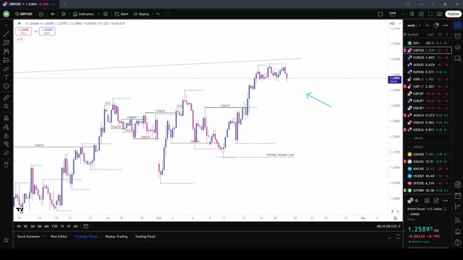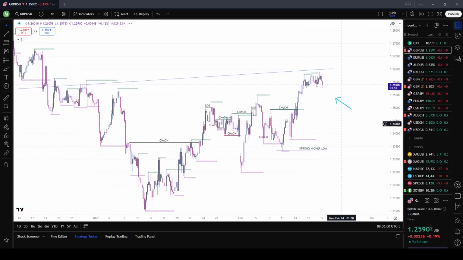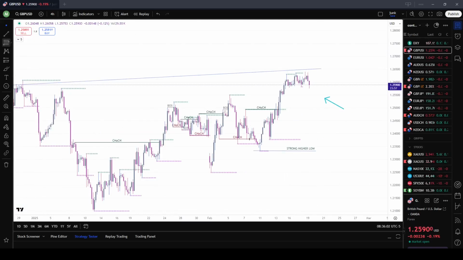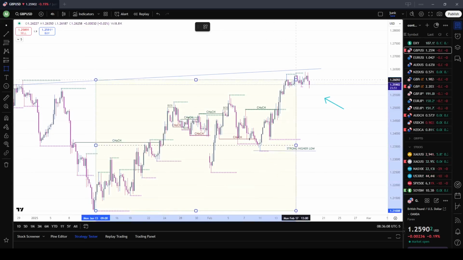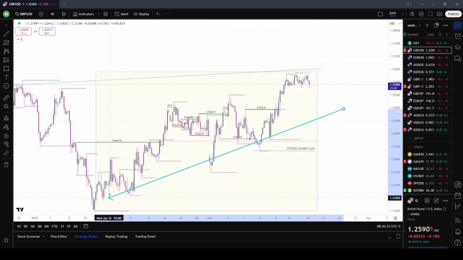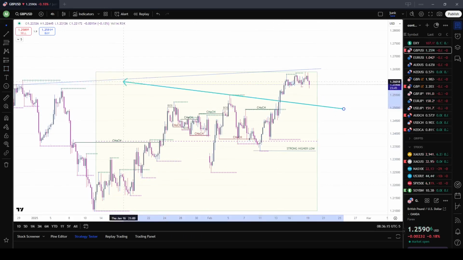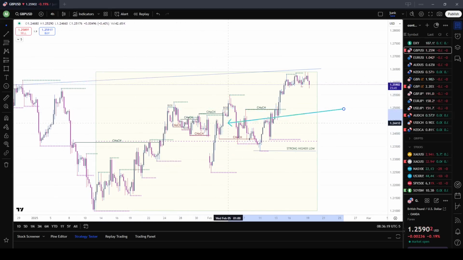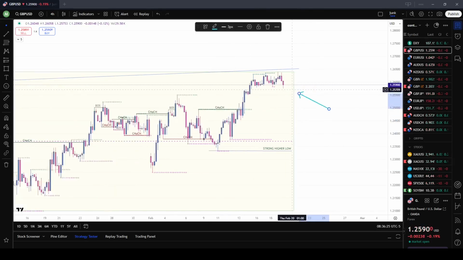As you can see, we'll go ahead and start by mapping out the range, the overall structure range from the low to the high that broke these highs, but currently it's been making higher highs, higher lows, higher highs. And right now in this area, it's just been